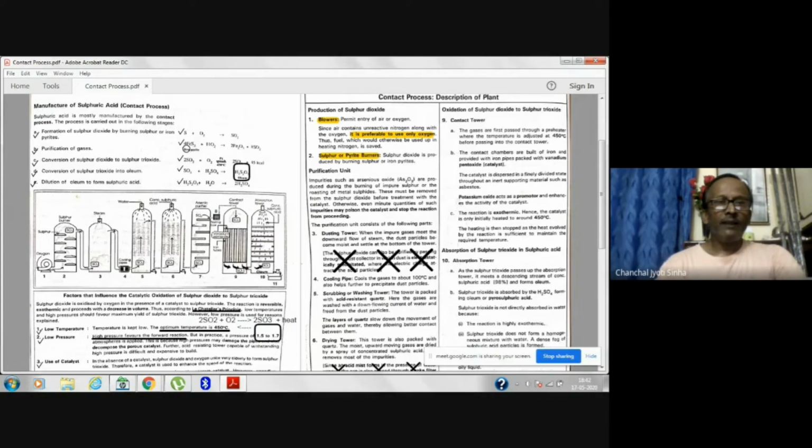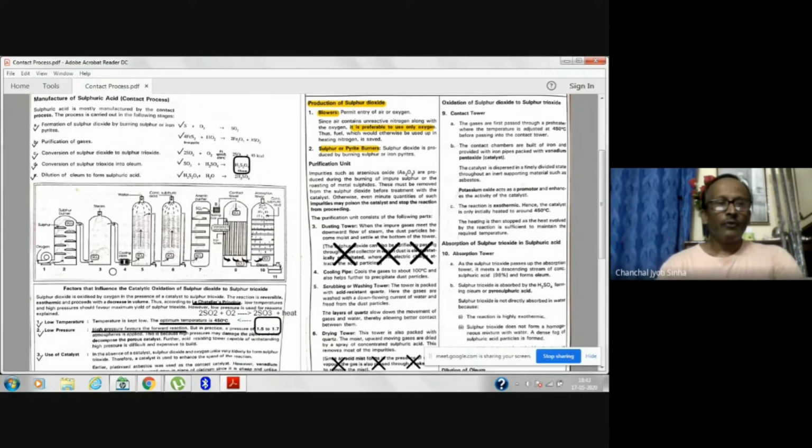If iron pyrites is used, ferric oxide is produced as a side product, which is left in the burner, and sulfur dioxide gas will go into the next chamber. 1 and 2 is the production of sulfur dioxide. From 3 to 8,